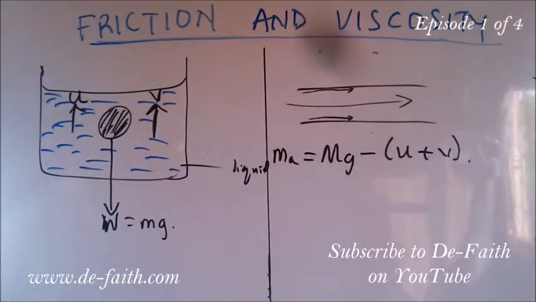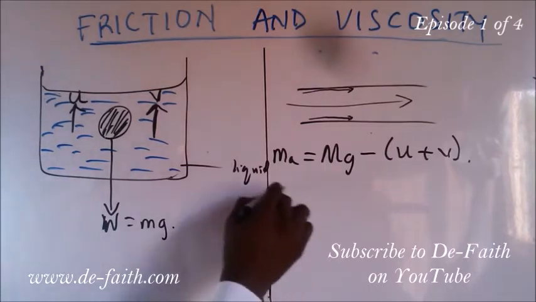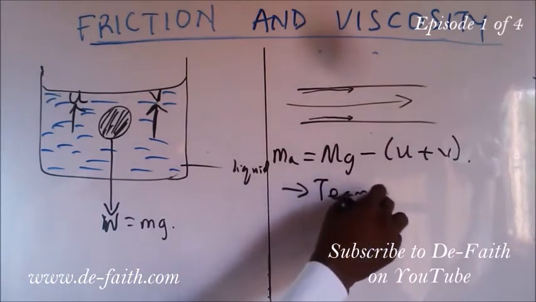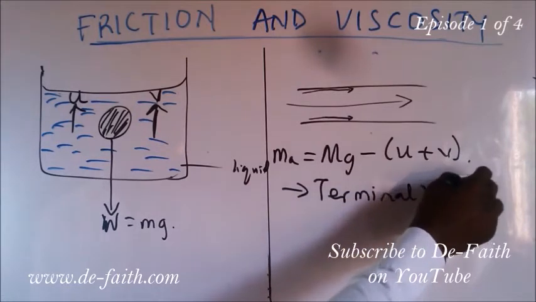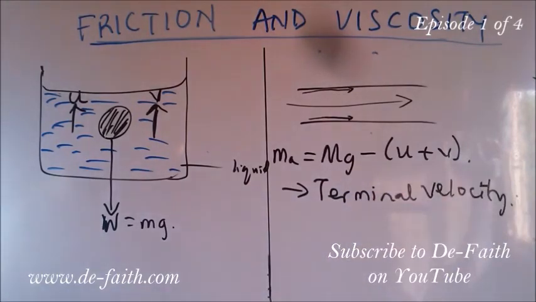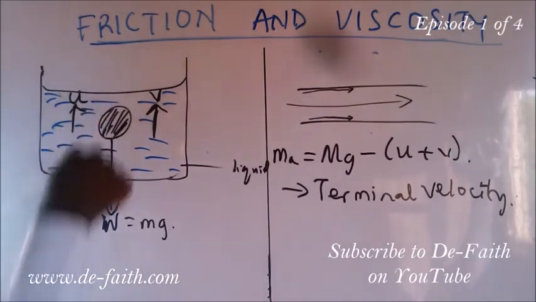And so the body will continue to accelerate depending on the liquid that we are talking about. It may continue to accelerate, or it may reduce acceleration and begin to move uniformly. Now when we say that it accelerates, that means that it continues to fall faster, but after some time it will not have that acceleration again, and then it will be falling at a constant velocity, which is uniform speed. Now the uniform speed by which it now begins to move is known as the terminal velocity. So the terminal velocity is as a result of the fact that the ball which was falling inside this liquid